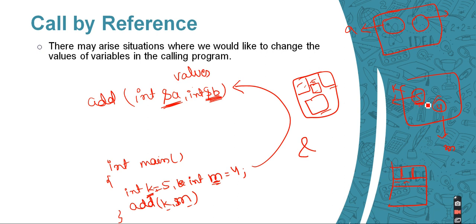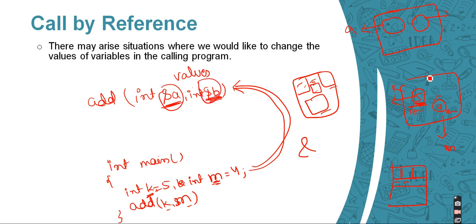So instead of passing 5 directly, suppose this variable 5 has some address like a b c, whatever it can be, or this value 4 has the address p q r, anything it can be. Instead of directly passing 5 or 4, I am just going to pass the address of the value.